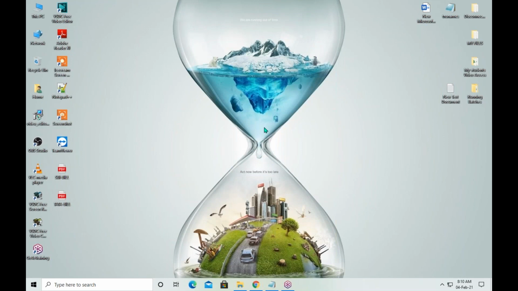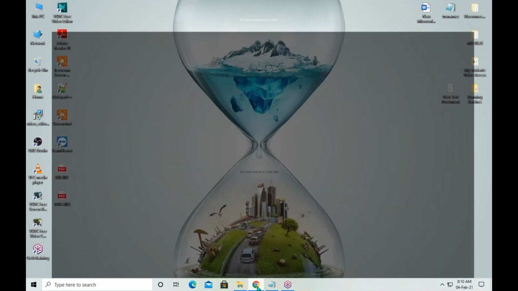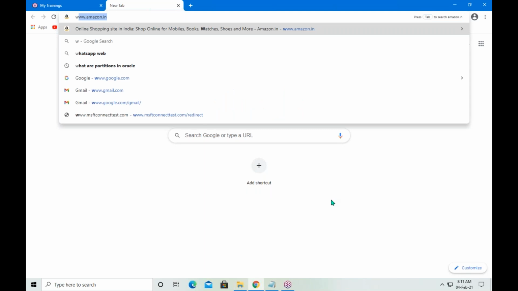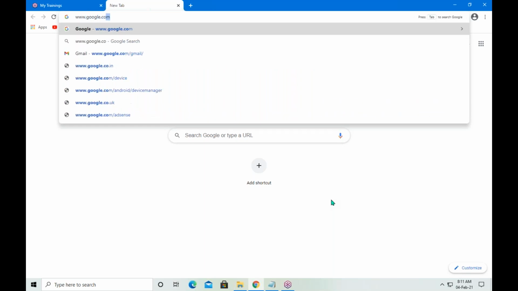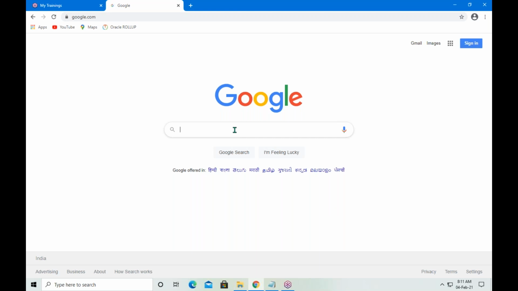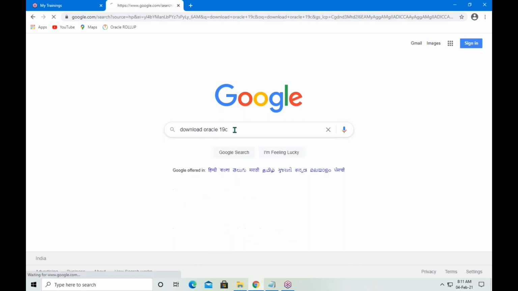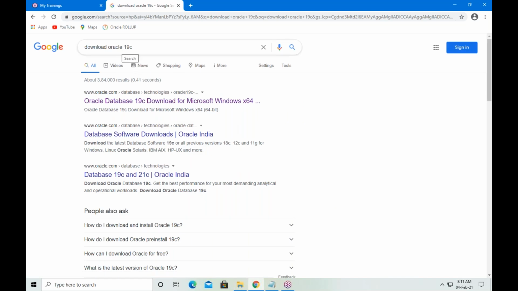So today we can see how to download Oracle database. You can download Oracle database from the Oracle site. So you can directly go to Google, and here type like this: download Oracle 19c. In the first link, Oracle database 19c